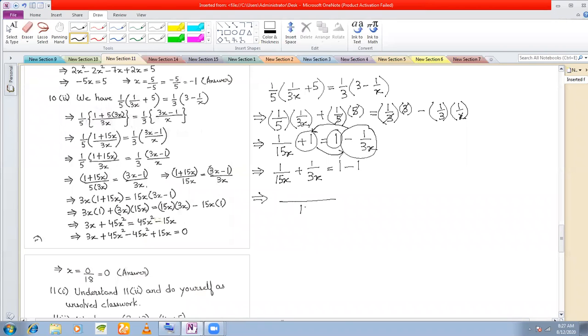3x and 15x, the LCM is 15x. So 1 plus 15x by 3x is how much? 15x by 3x is 5. X will cancel. 3, 5. So you simply get a 5, right? But